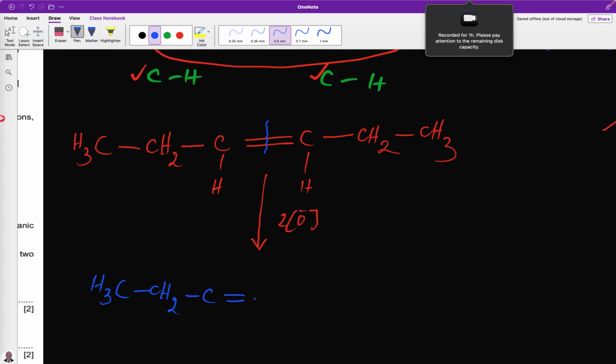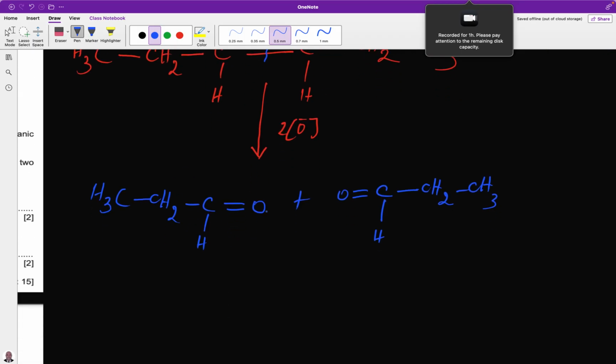One of the oxygen here will attach itself here, and this will be the carbon, and this will be the hydrogen, plus this other one here, which will be this. Remember, these are aldehydes, 1, 2, 3, propanal. All these will undergo further oxidation. They will undergo further oxidation to what? They will undergo further oxidation to the corresponding carboxylic acid,